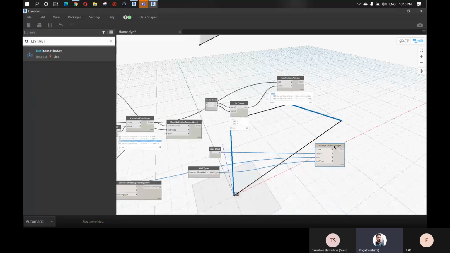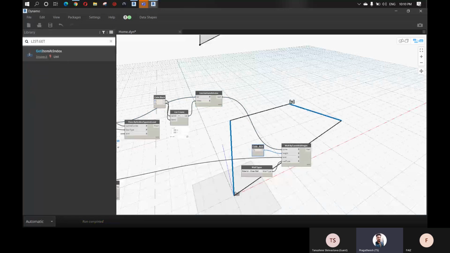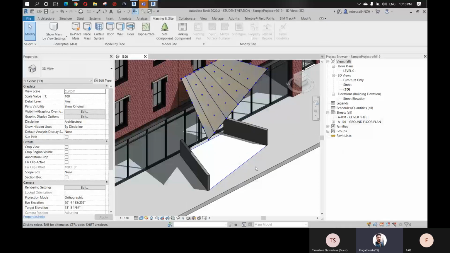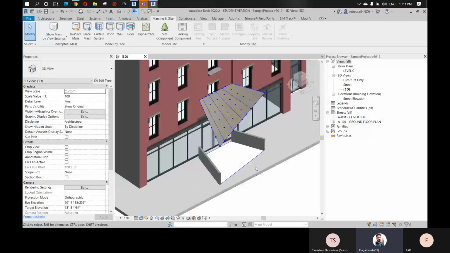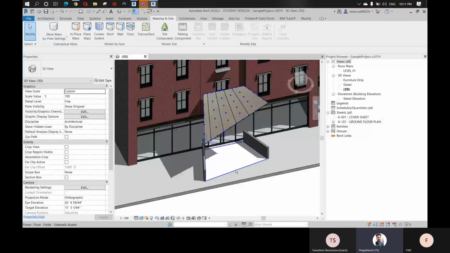Fine. Now let's use this curve to host our wall. Connect this to the curve here and it's completed. Let's go back to Revit and now we can see Dynamo has made 2 walls at the curves that we specified. So now we have covered several different methods in geometry data inputs, right? We're going to play with some common varieties of Revit families, which should be a little easier for you to conceptualize and plan out some of your Dynamo scripts.